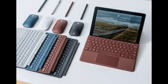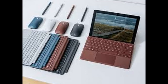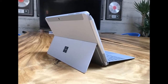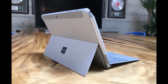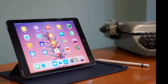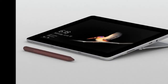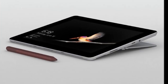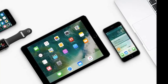Upgrade that to Windows 10 Pro for free, and it's almost no competition, assuming the tablet still performs as well with a full operating system. Whether you buy a new iPad or the Surface as your next get-stuff-done tablet will depend heavily upon whether you need a full operating system to get things done. If you need a mouse experience on your tablet, then hit up the Surface Go. If you care more about the ecosystem you're locked into or vast app support, then by all means check out the new iPad,